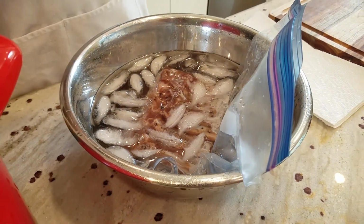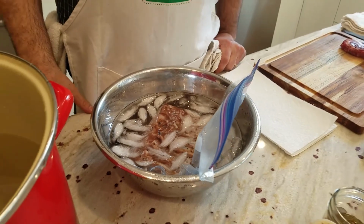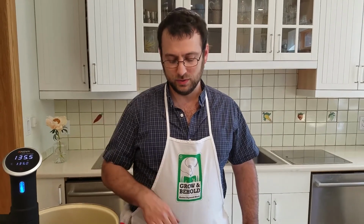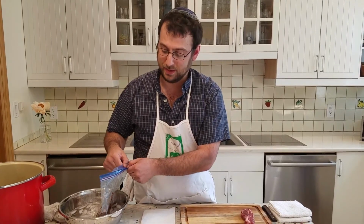This ice bath is called shocking your meat, and what's shocking about it is that it quickly brings the temperature down from 135, which is what we wanted in terms of cooking, to a cooler temperature so that when we sear it on the grill or in a cast iron pan, it's not going to overcook because the sous vide did the cooking. The searing is really just to get the outsides caramelized and get that Maillard reaction that makes the meat taste amazing. I'm going to take the lamb out,